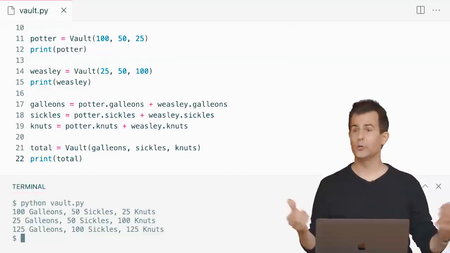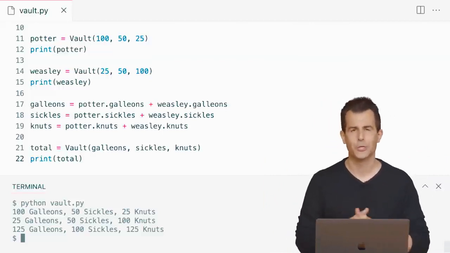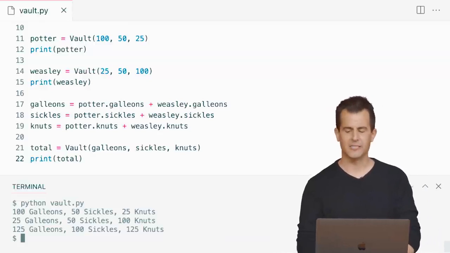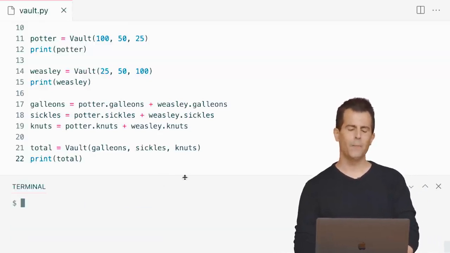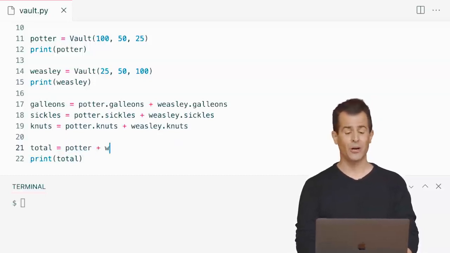So pretty straightforward, using techniques from weeks ago where we're just declaring a few new variables and doing some addition. But wouldn't it be cool if I could do something like this? Wouldn't it be cool if I could just somehow not manually create my own vault and do all of this annoying math up here? What if I could just do Potter plus Weasley and get rid of all of this